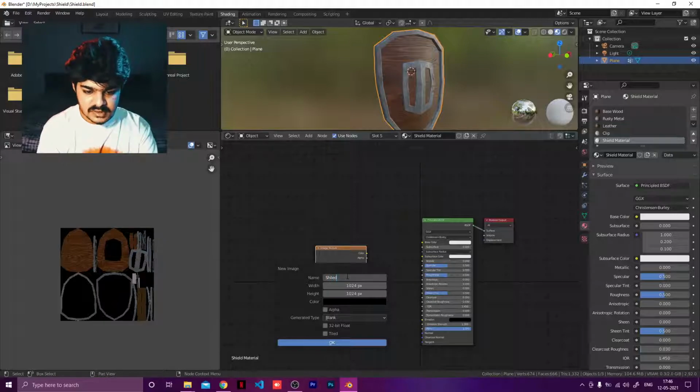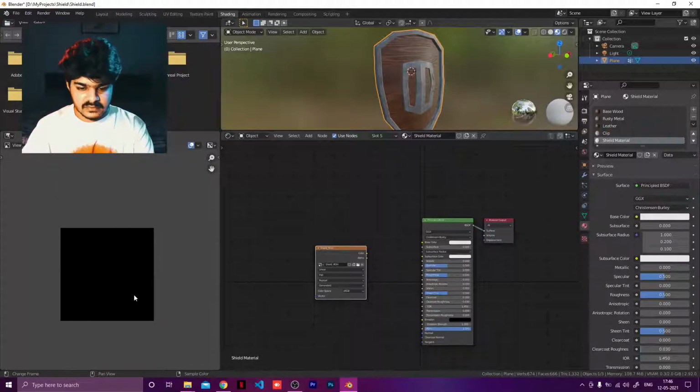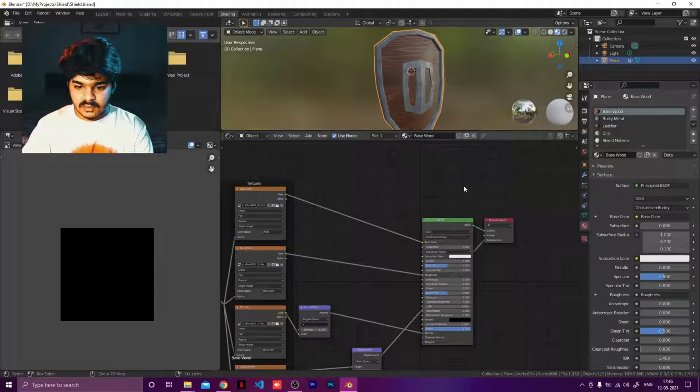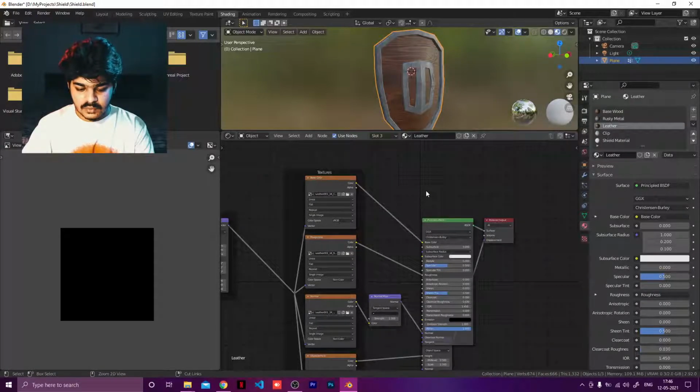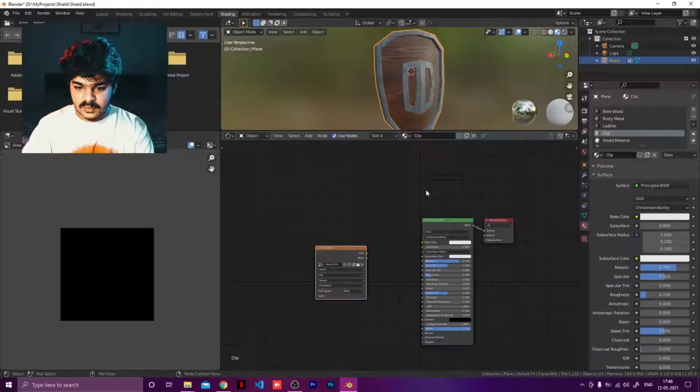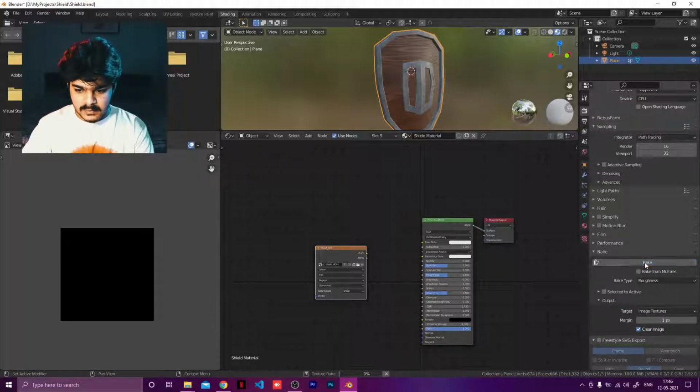This time shield underscore RGH. Okay. And open the shield roughness map here, copy it from here, go to all the sections. I'm not going to place it anywhere else because I know what node it is and I know how to delete it, so I'm not going to worry too much about that. Okay, once it is done, get back to here, and this time rather than using the diffuse, we are going to use the roughness and just bake it up.